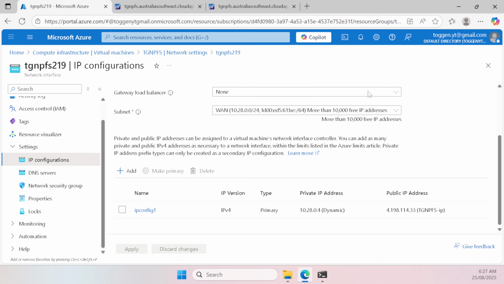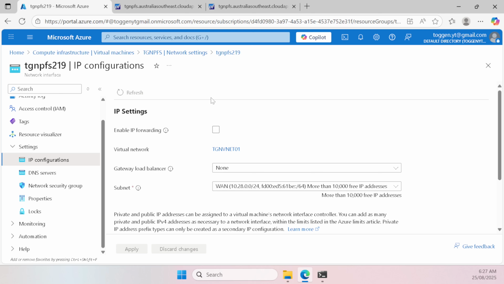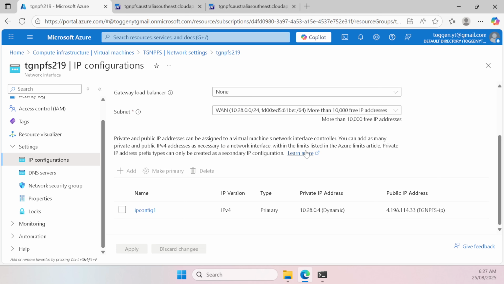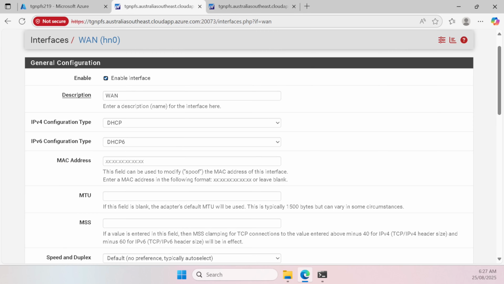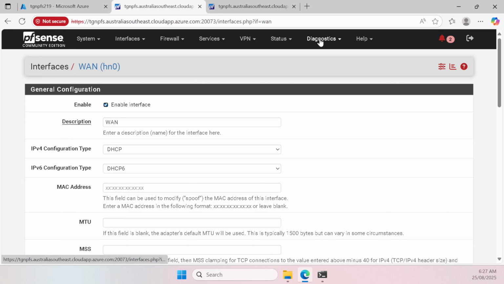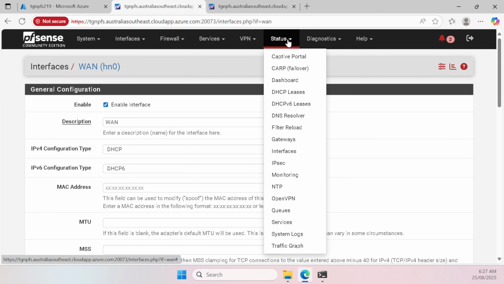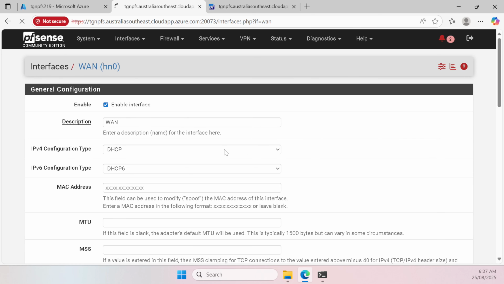Now let's go in and refresh and see. So basically what that's saying is we can't add that address while it's attached to our firewall. So what we're going to do is choose to shut down our firewall,